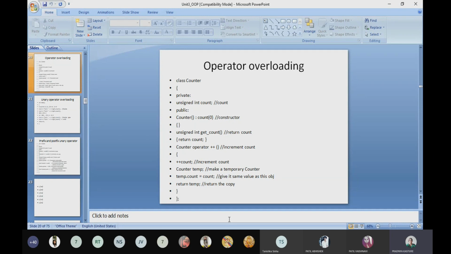Similarly, we have seen how to overload the unary operator. We discussed in the last example how to overload it. A unary operator means having only one operand. So we have certain rules for operator overloading. We discussed that, right? Now we will discuss some examples of how the unary operator can be overloaded